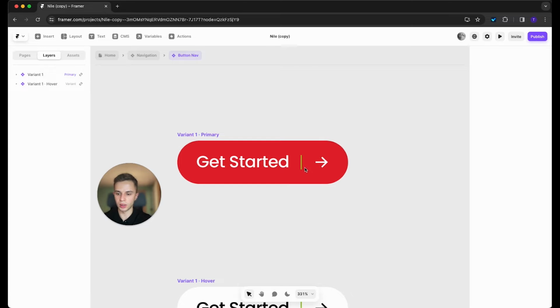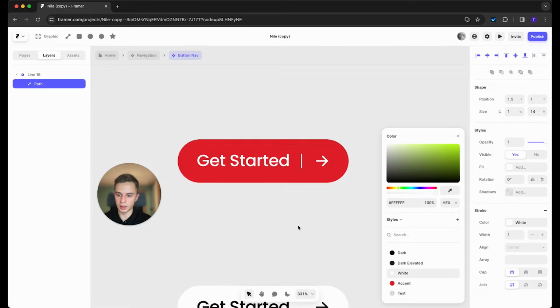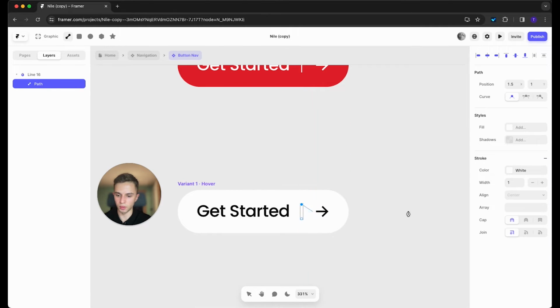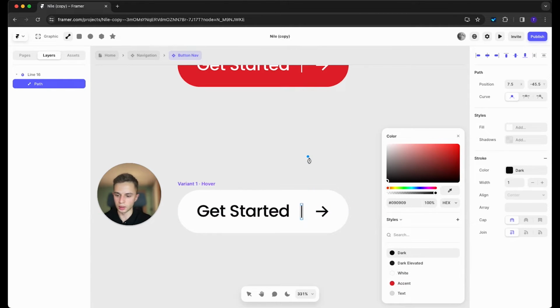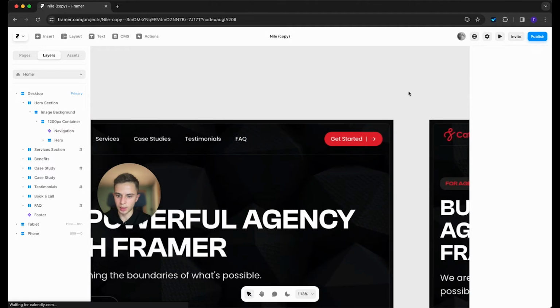So you can double click this, double click it again, and then you will see we have this path here in the layer tab that shows up. Once you make sure you have selected that path, you can go to color, and let's say we want to make it white, and the hover effect we want it to be dark. So this is how you customize the button,